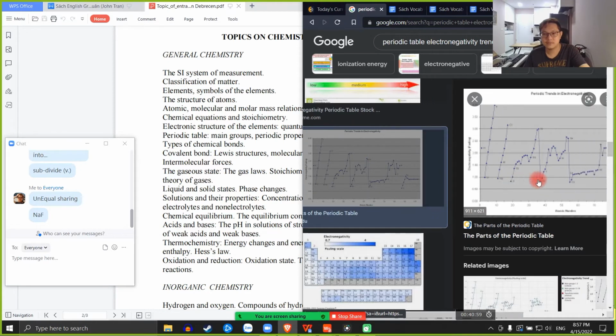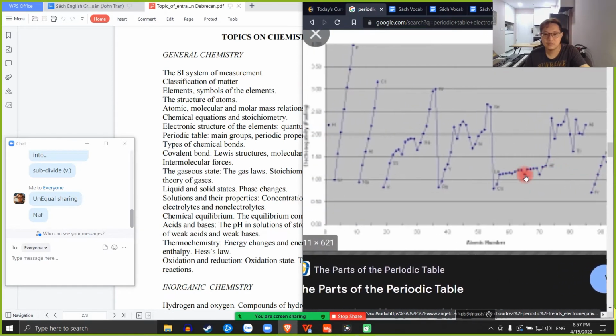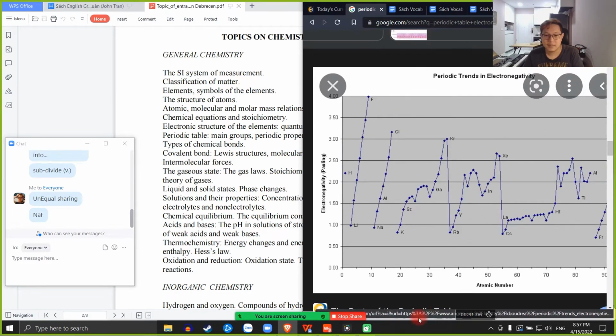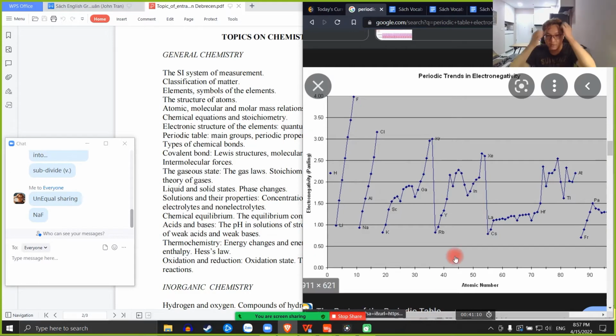Okay, so this is what I was talking about. Periodic trends in electronegativity. So you can see here, group 1, here is hydrogen. Group 2, lithium all the way to fluorine. It's linear, isn't it? It's linear like this. Group 3, sodium, aluminum, chlorine. It's quite linear as well, but you can see it's not exact. But group 4, you can see it's going up and then dropping down, going up again and dropping down and going up. Group 5, you can see it's starting from here, going up and then dropping down, going up again and dropping down and then going up again. And then group